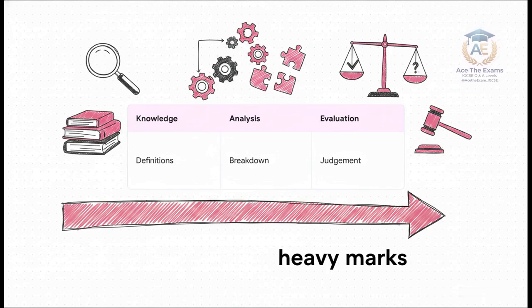Alex might write 3 beautiful paragraphs just defining what objectivity means. But guess what? Alex is completely stuck in that first column, knowledge and understanding. To move into analysis and evaluation, to reach AO2 and AO3, you have to actually break down the scenario. You have to compare different approaches and judge the real-world impact of applying or failing to apply these principles. That is where the heavy, grade-defining marks live.